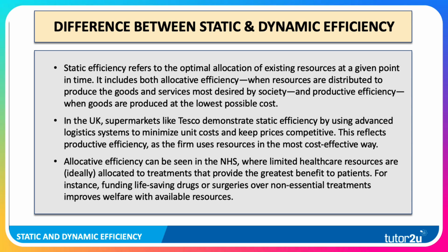If we think about supermarkets such as Tesco, Tesco is obviously a highly scaled business, and it demonstrates static efficiency by using advanced logistics systems, for example, to minimise their unit costs and to help keep prices competitive. So that's really a use of productive efficiency, firms such as Tesco achieving economies of scale to allocate output in the most cost-effective way. Allocative efficiency can be seen in the NHS, hopefully, where there's a limited healthcare budget and